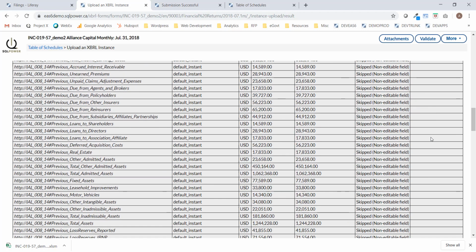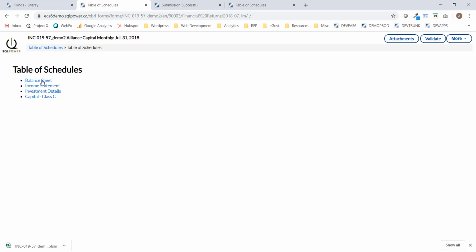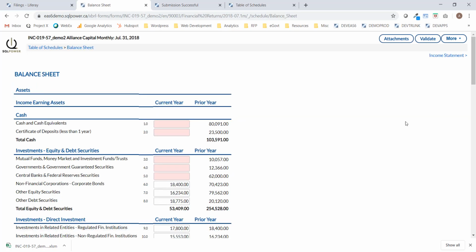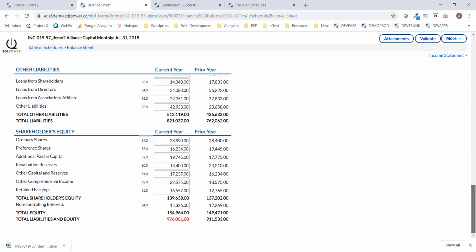So I'm going to return once again to the table of schedules and to the balance sheet to now look at the values imported into the forms. You can see here that the 5 fields, as it was in the Excel sheet, are still empty. And if I scroll down, you can now see there is a value that is highlighted in red. If I hover over, I'll be able to see the error message that reads total assets must equal total liabilities